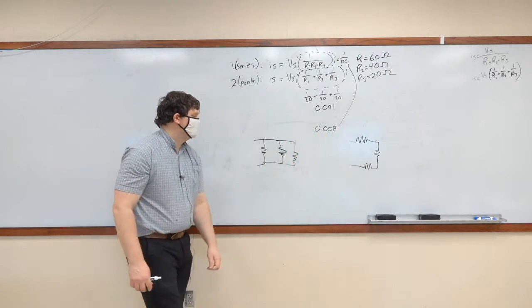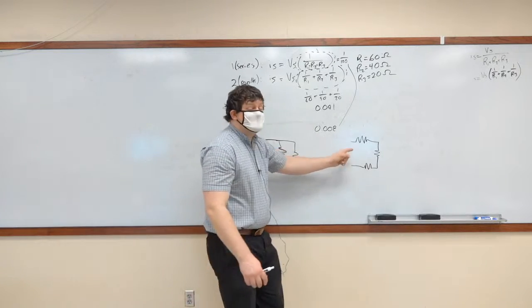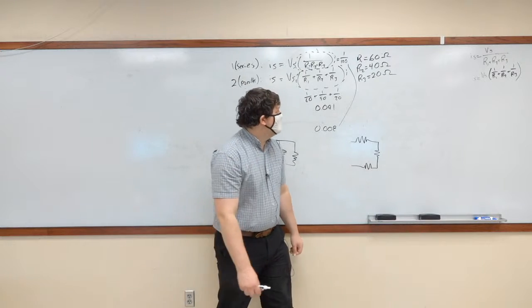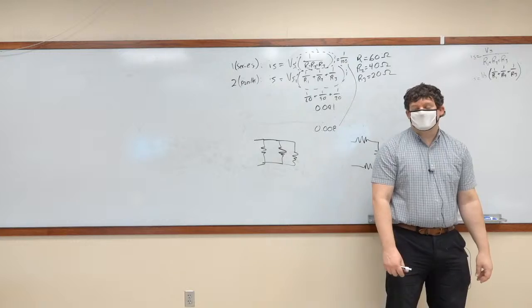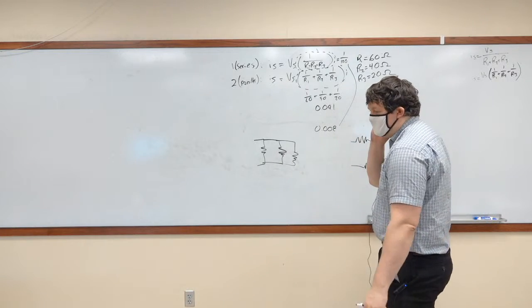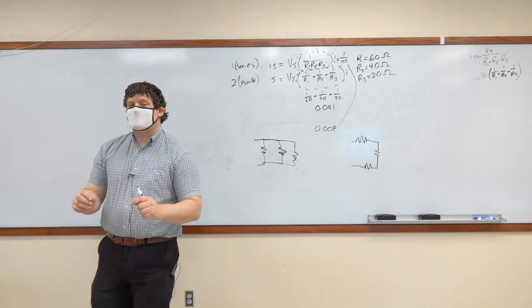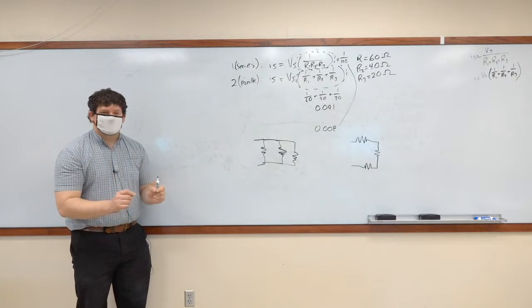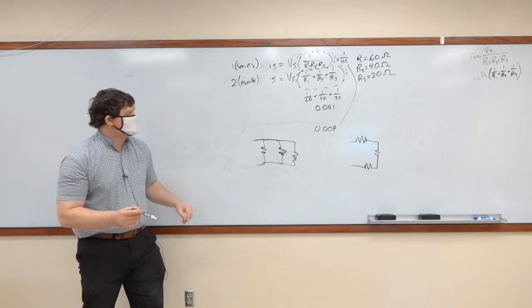Okay? All of these are in parallel. All of these are in series. Turns out we can combine them, and we can combine them using the equations that we wrote up here. All right? This is the concept of an equivalent resistance. A battery will behave identically to this system as it would